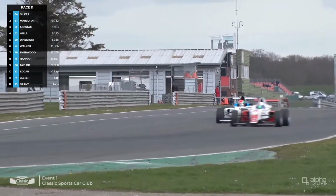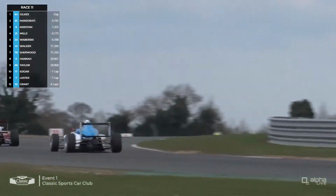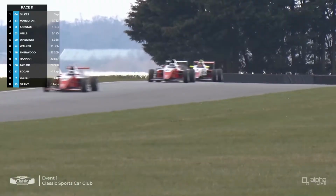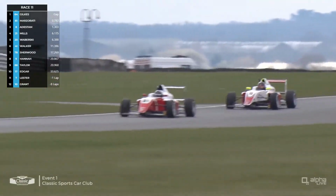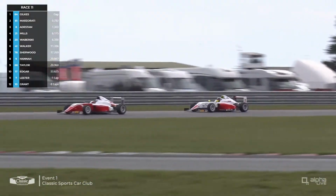Logan Hanna still has the inside line for Ritchie's, but the momentum has already propelled Nicholas Taylor through, and he's going to take the place away, I'm afraid. So Nicholas Taylor now up into 8th place, Logan Hanna down into 9th. The race leaders are just working their way up towards the braking area for Agostini for the final time, still